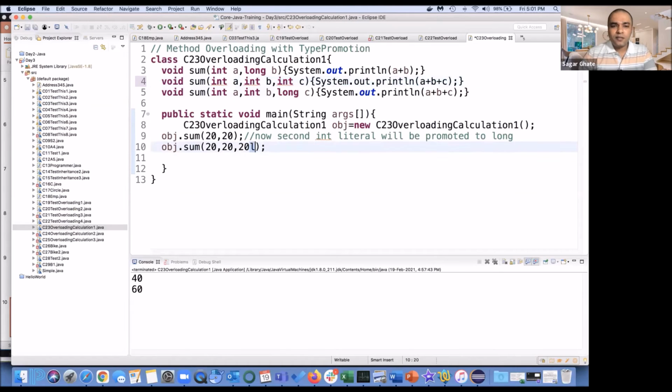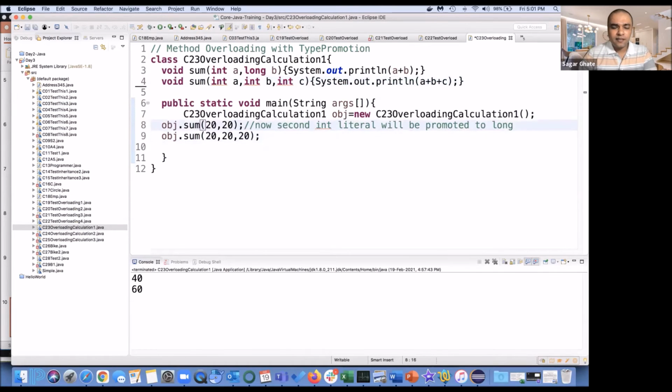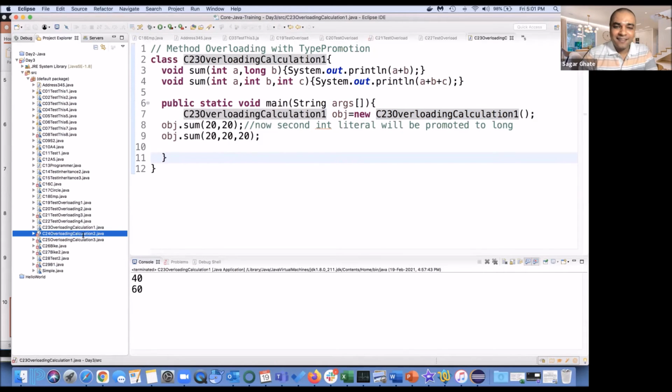So I will just do Control Z for everything I have explained. Fine. Any doubt? I believe it's clear. Postmortem kar diya. So the next program is overloading with type promotion if matching is found.